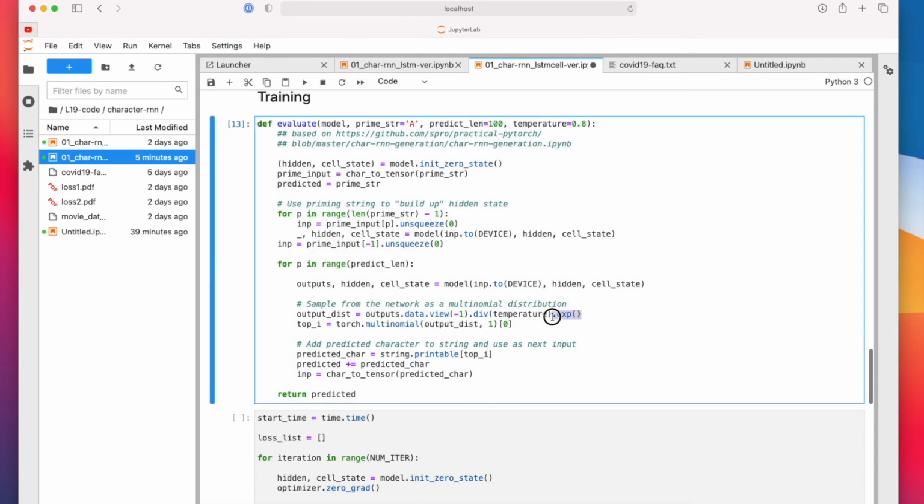And then we are not really computing the softmax. There's a normalization factor in the softmax, right? We are usually normalizing by the sum of all of these for each class. Here we are lazy, we don't do that. We just take e to the power of the logits divided by the temperature.